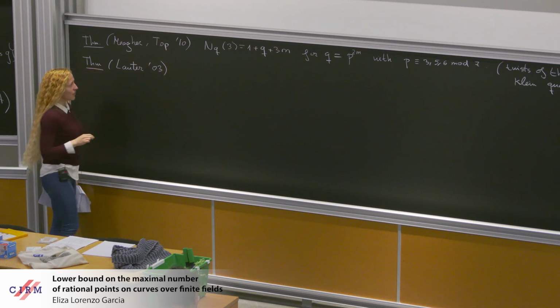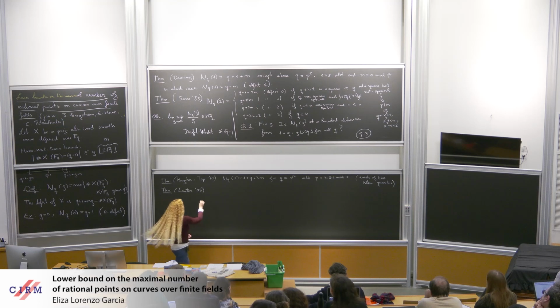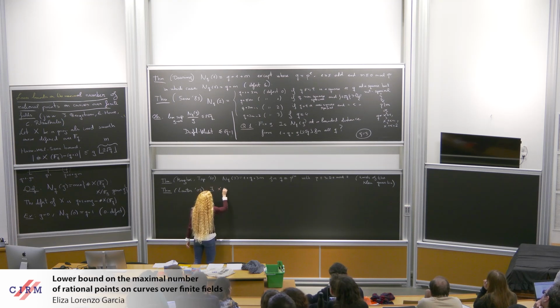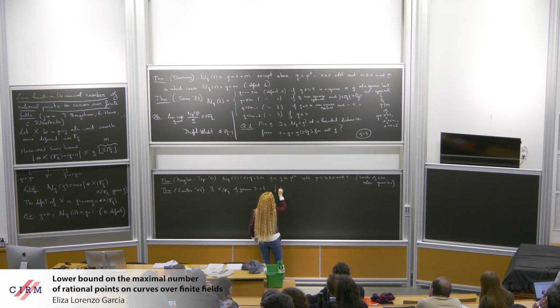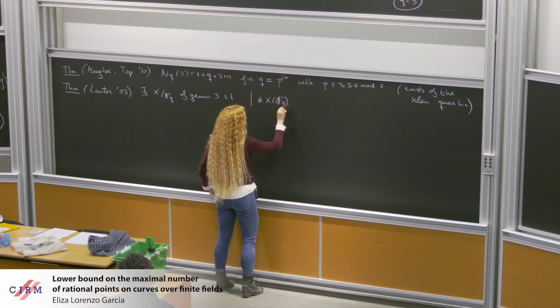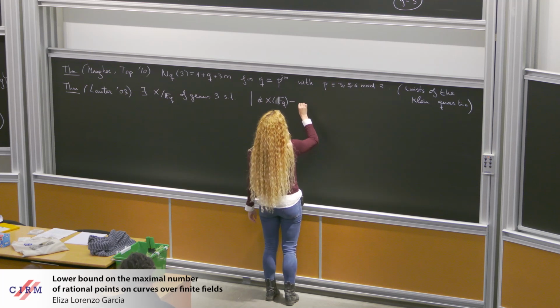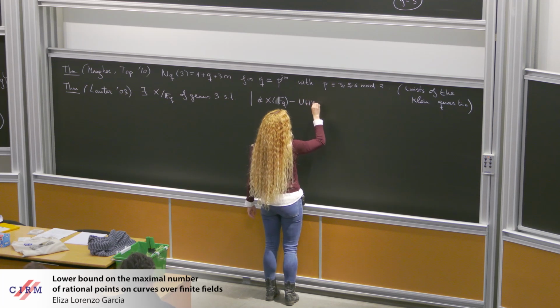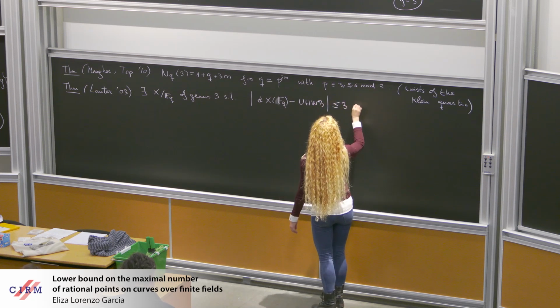Basically, this result says that there always exists a curve of genus 3 such that the number of points of the curve minus the upper Hasse-Weil bound is smaller or equal than 3, or